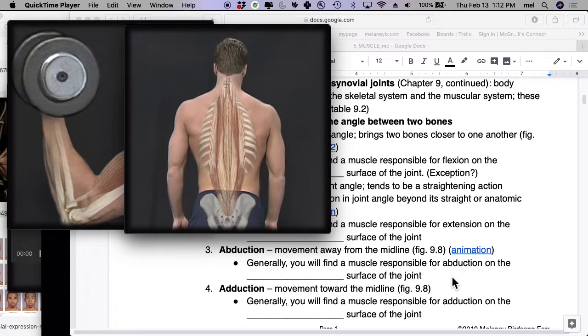What is this action? Extension of the vertebral column. Yes? Yeah. And where are the origins? Origins are down here, and the insertions are further up. And by the way, these muscles are sequential, so if you've ever taken yoga and they tell you to, for instance, roll up your vertebrae, you can do that because this one inserts here, but this one inserts here, this one inserts here, right? Okay. These are called the erector spinae muscles, and this is extension. Does that make sense to you guys? Very good? Okay. All right, so